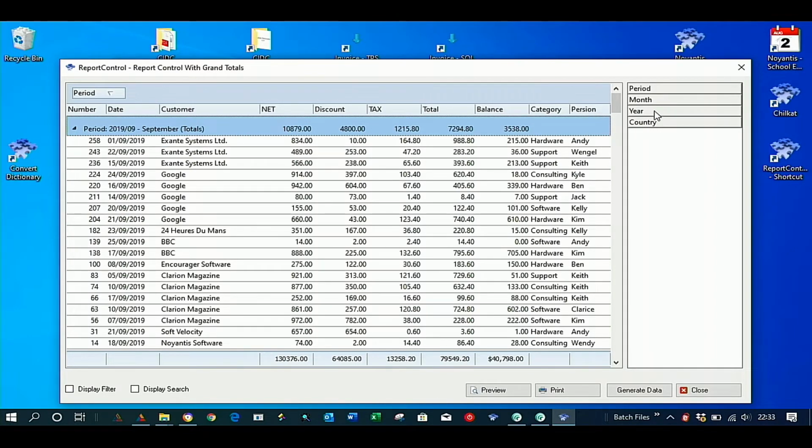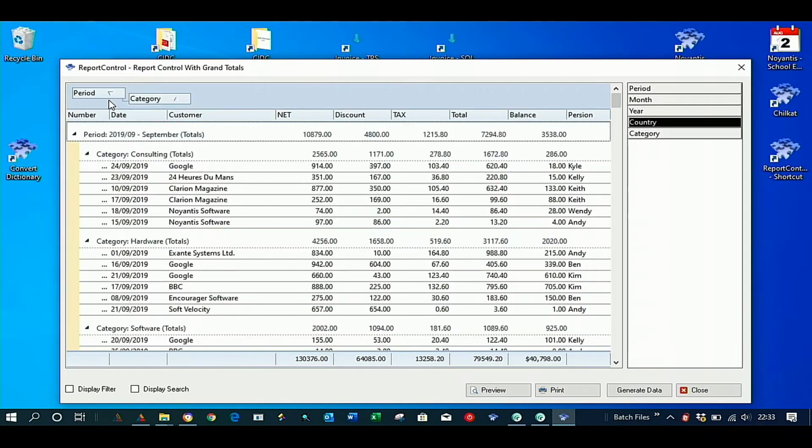And we could say, okay, I need that broken down by category. So yes, I want to see it by period, but I want it grouped also by category. So our totals obviously haven't changed for 2019, but now we've got consulting as one element of that, followed by hardware and software